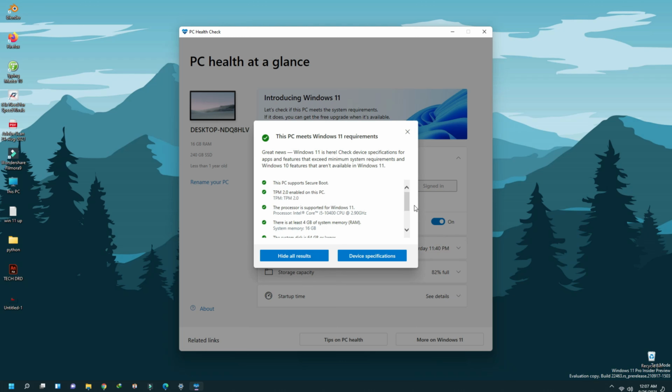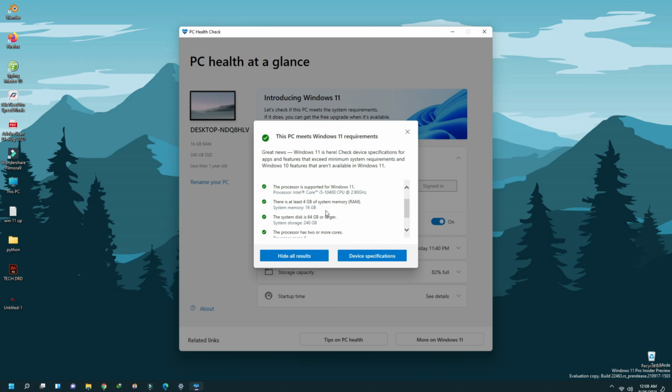When we click over here, we can see all the information that is required and recommended to run Windows 11. Secure Boot is enabled over here, and TPM 2.0 is also enabled through BIOS. Then the processor information: an Intel Core i5-10400 CPU running at 2.90 GHz.